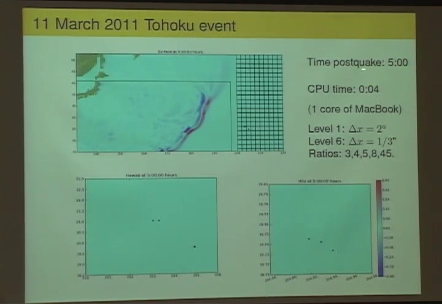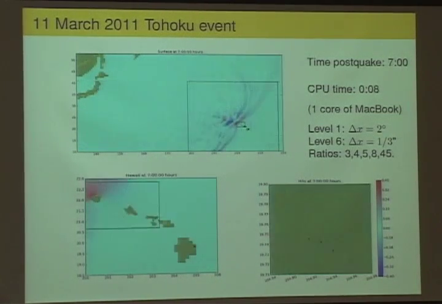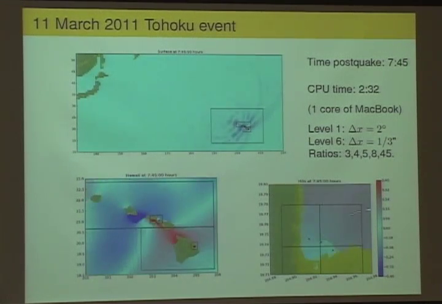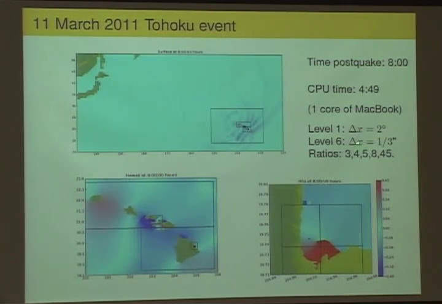And notice this is 5 hours after the earthquake, but it was only 4 minutes of CPU time, and this was run on a single core of a laptop. So it doesn't use much computer time to compute propagation across the ocean on a grid that resolves that perfectly well. But then once you get close to Hawaii, we start putting in additional levels here, and then eventually we put in more levels near Hilo Harbor here. And at this point, we're down to a resolution of 1/3 arcsecond, which is about 10 meters on the side on these finest grids down in Hilo Harbor.